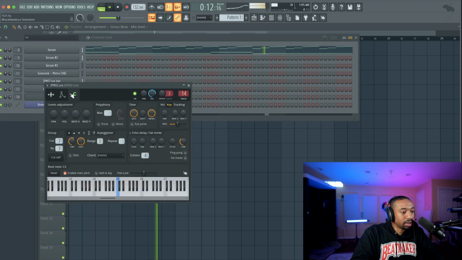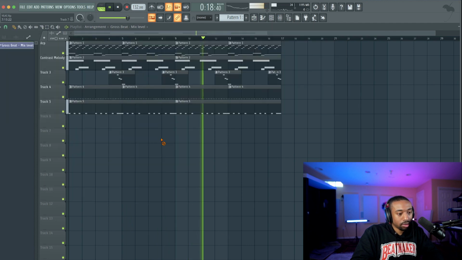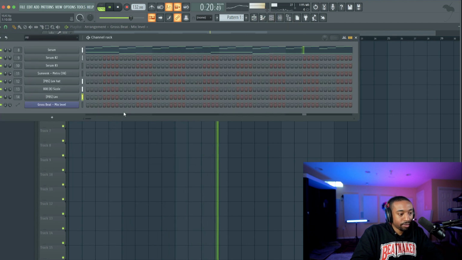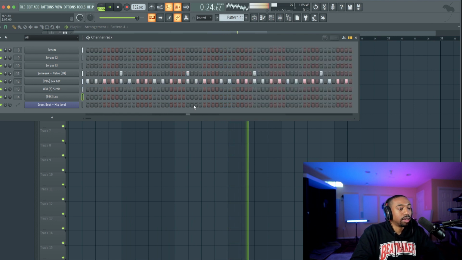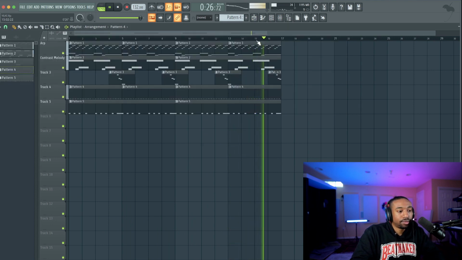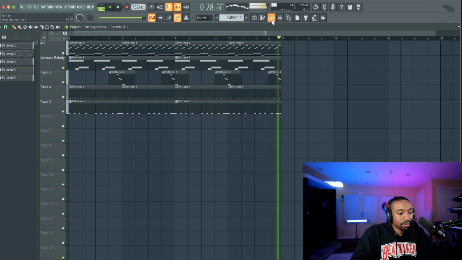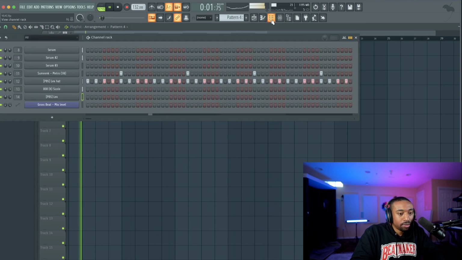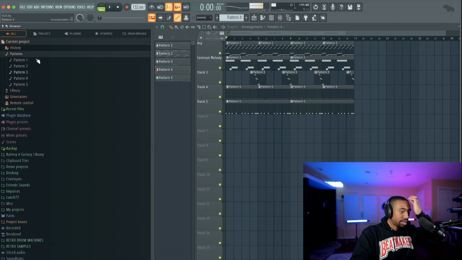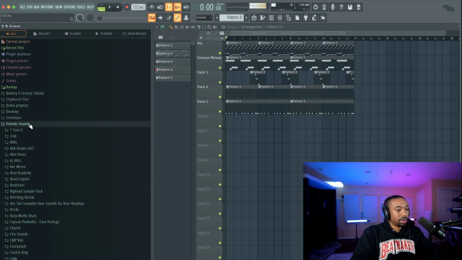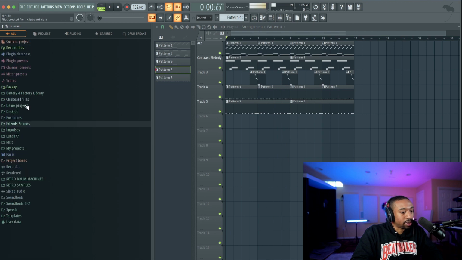I'm gonna go to my kick, add a little mod X. This adds a little bit of a low pass filter to it. Now the next thing is messing with your hi-hats. Okay, so the hi-hats are just tap, tap, tap, tap all the way through. Now I'm gonna choose a different hi-hat so that it doesn't get repetitive.